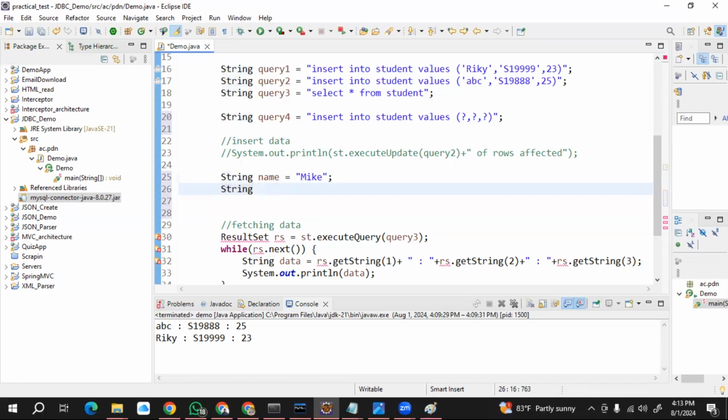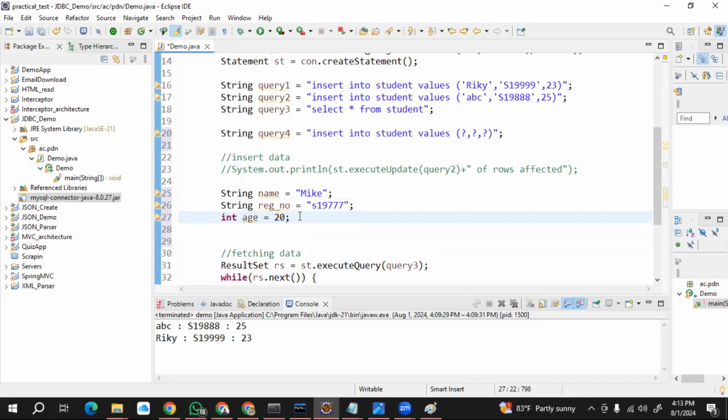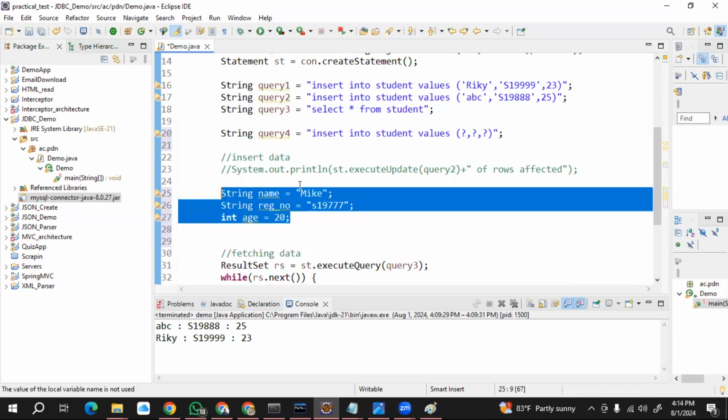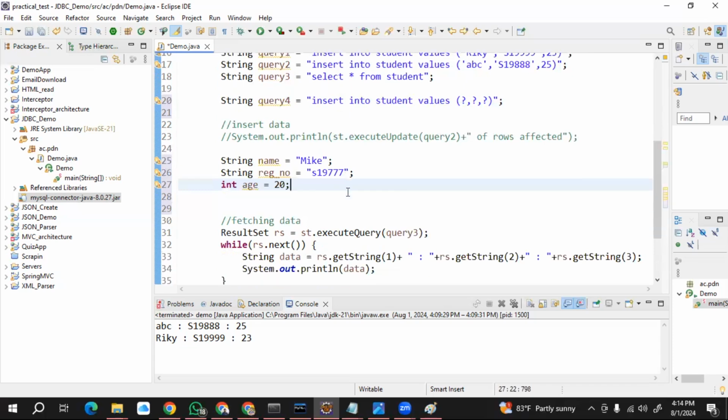In registration number S19777. Then age, let's say 20, right? Let's assume this data are extracted from the request, right? Just assume, right? Then we have to